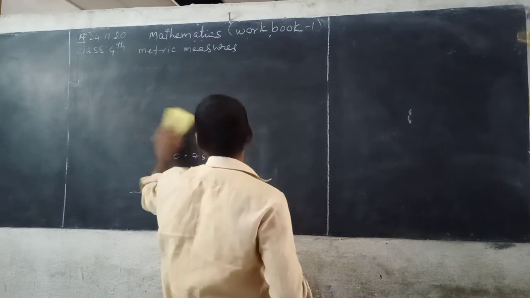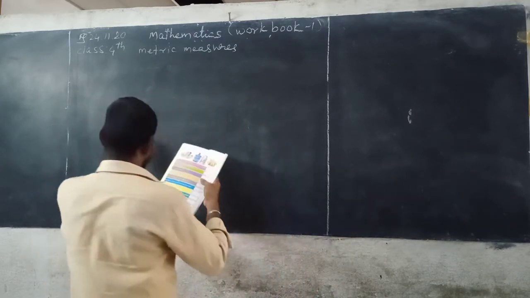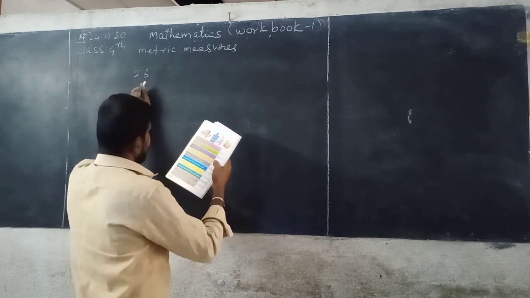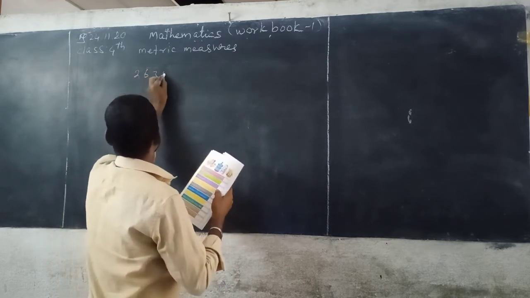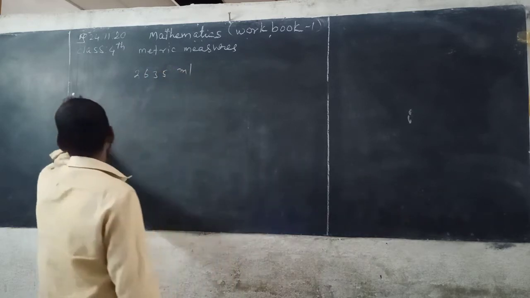So this is very easy, beta. So first write down 2635 milliliters. Now here solution,